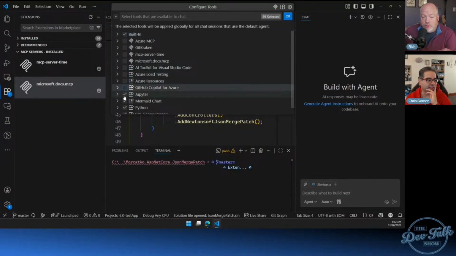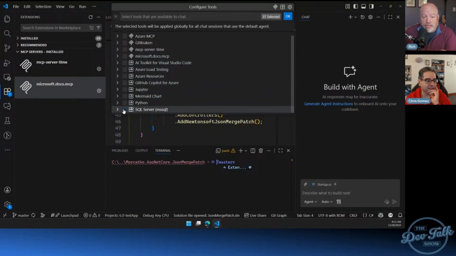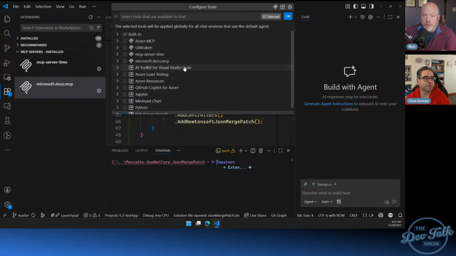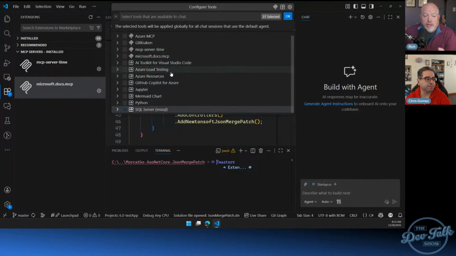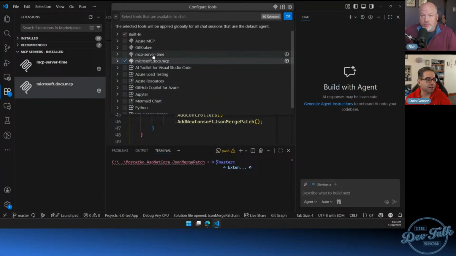So you could say, if you look at that list and there are notebooks, well, I'm not working on a project that's got notebooks, so let's get rid of that. Or anything related to test failures or whatever, right? So you can turn things off. And what's great is those settings persist with your persona or your profile.